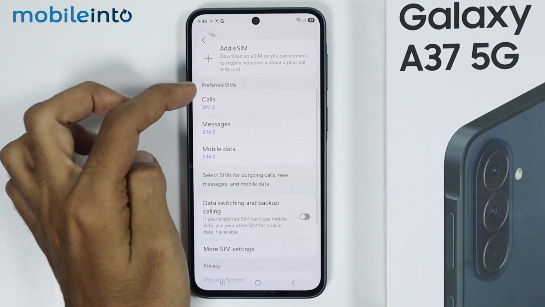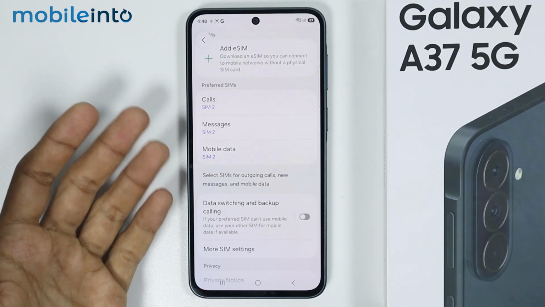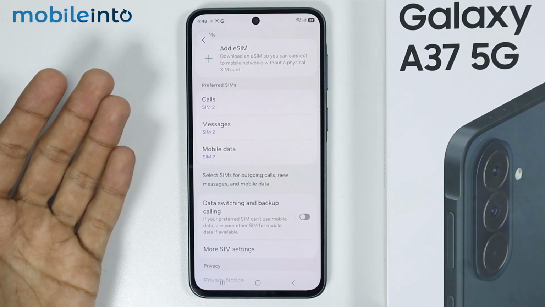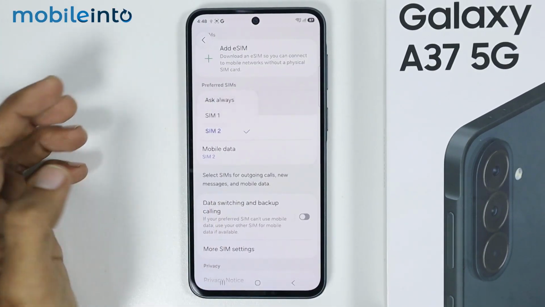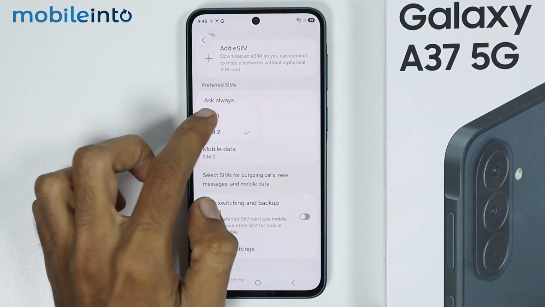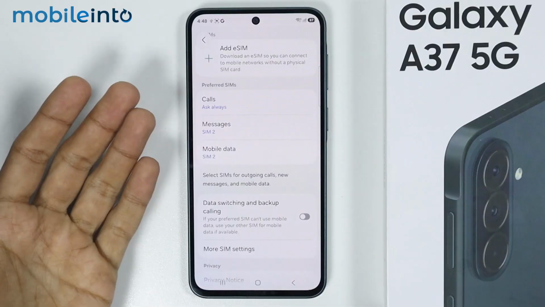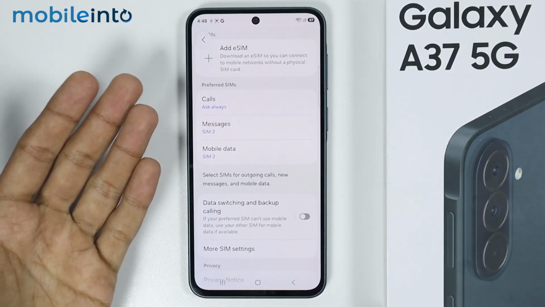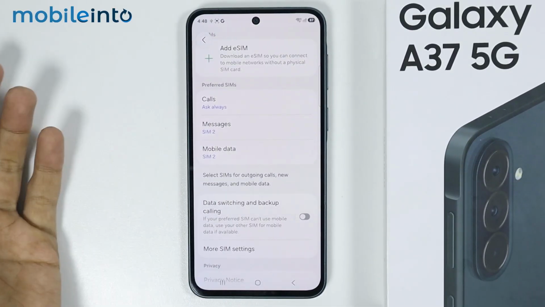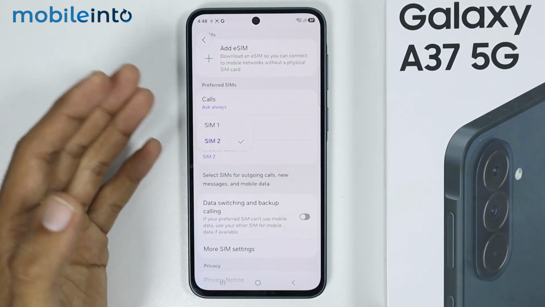Now after that, under preferred SIMs, you can set a specific SIM card for a specific action. For example, you can set a specific SIM card for your calls. As you can see, you have the option for SIM 1 or SIM 2. Also, you have the option for Ask Always. If you select Ask Always, your phone will ask you always which SIM card you want to use for your calls. After that, you have the option for messages, and from here you can either select SIM 1 or SIM 2 for your messages,